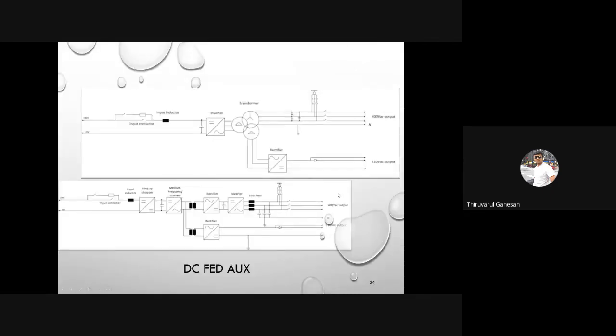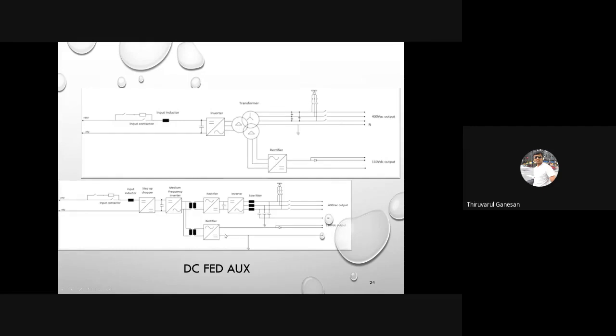So this is the second configuration, the DC fed auxiliary system. If your catenary is DC, for example 1500 volt or 750 volt DC third rail system, what is your auxiliary converter architecture? This is the way it will look, and it's quite similar to the previous one. It has an input contactor with the pre-charge circuit, and an inverter, which has the transformer with two secondary windings. One goes directly to your auxiliary loads, and the second winding is used to charge your battery system. This is a simple architecture of the first configuration.